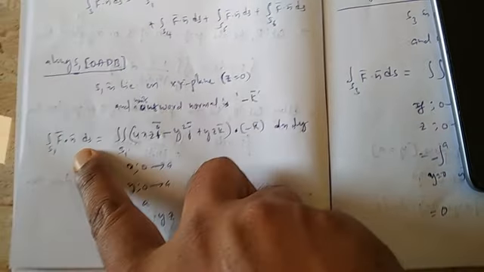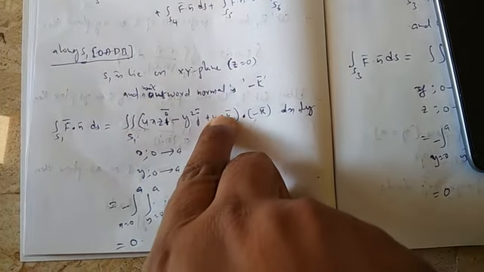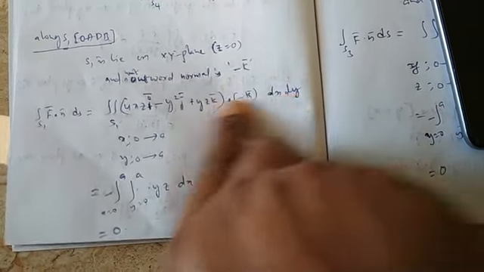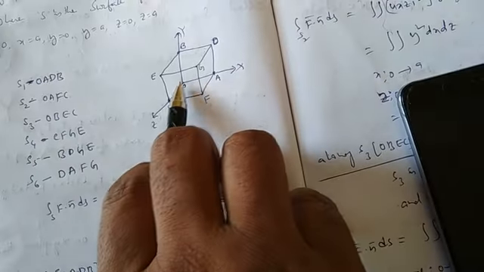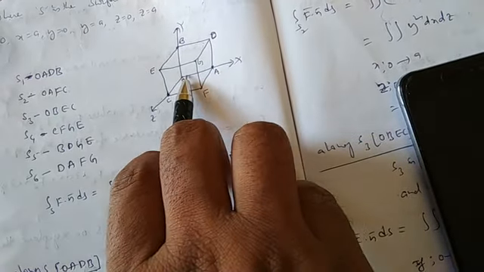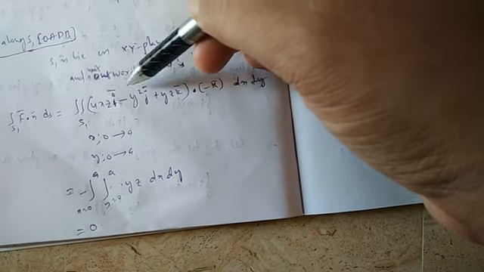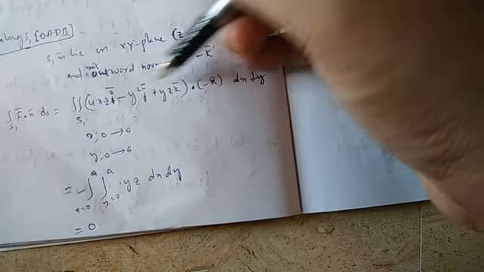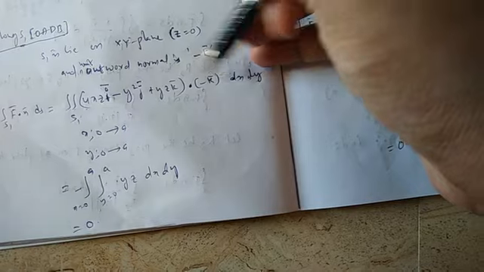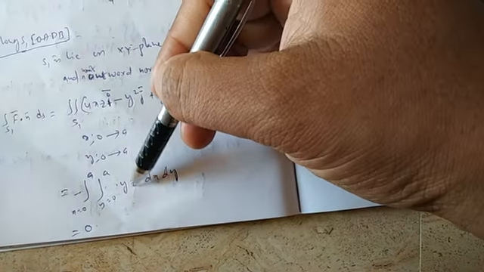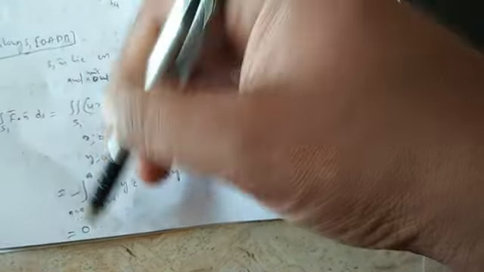Now F dot n dS equals F, which is given, dot the unit outward normal n, which is minus k, into dx dy. Now for x, y in this xy plane, x varies from 0 to a and y varies from 0 to a. Now when you apply the dot product, there is no i and j here, simply they are zeros. Only k we have, y times dx dy. What is the z value? 0. Apply z equals 0, this term is 0. Now the total is 0.